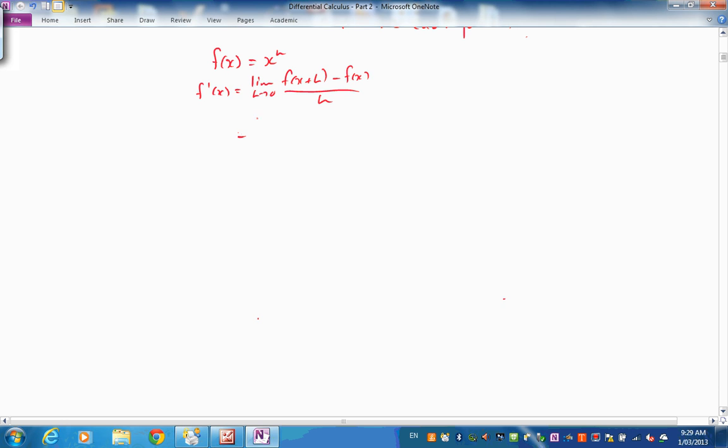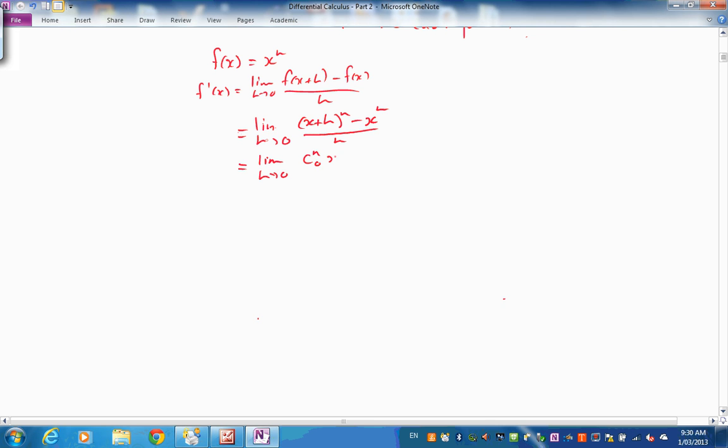Okay, let's put in our particular function. It's a limit now as h tends to naught of f of x plus h. Let's just check it. This is going to be x plus h to the n, take x to the n on h. Oh, binomial expansions here. Do you remember Pascal's triangle work, perhaps? So this is